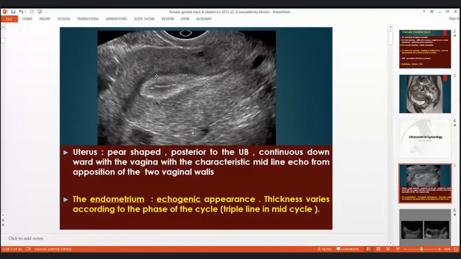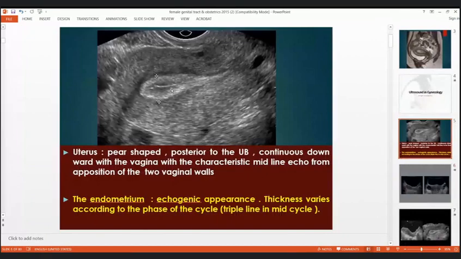Ultrasound will show the uterus as a pear-shaped organ, seen posterior to the urinary bladder, and it has a characteristic midline echo from the opposition of the endometrial walls. We can measure the endometrial thickness by using ultrasound, and we can detect thickening and detect intraluminal masses. The endometrium, as you see, has an echogenic appearance, and the thickness of the endometrium will vary according to the stage of the menstrual cycle, being thickest in the